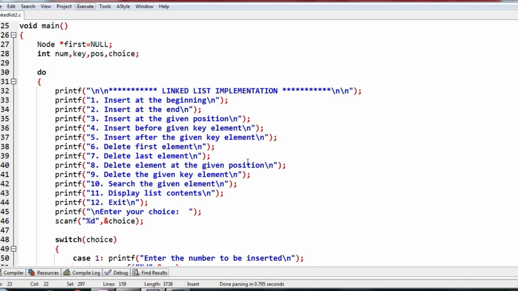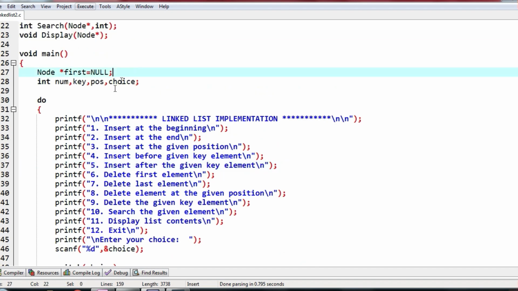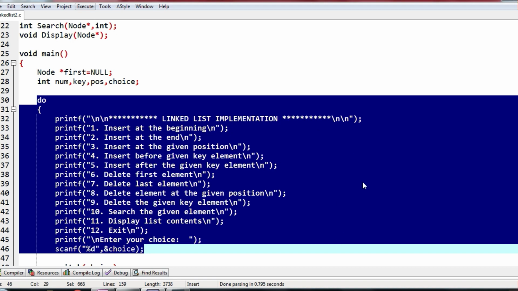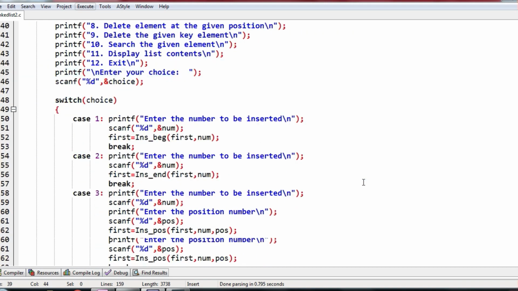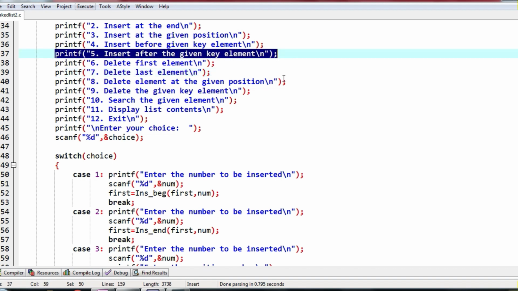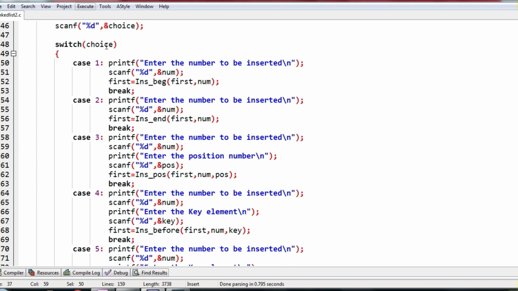So in the main function we have a do while loop which displays all these functionalities as menu options, and based on the option chosen by the user, we have written a switch statement, in which based on whatever the user gives as a choice, the appropriate required data is taken from the user.